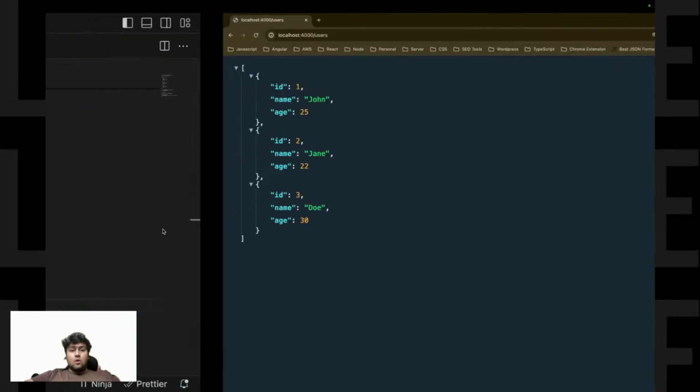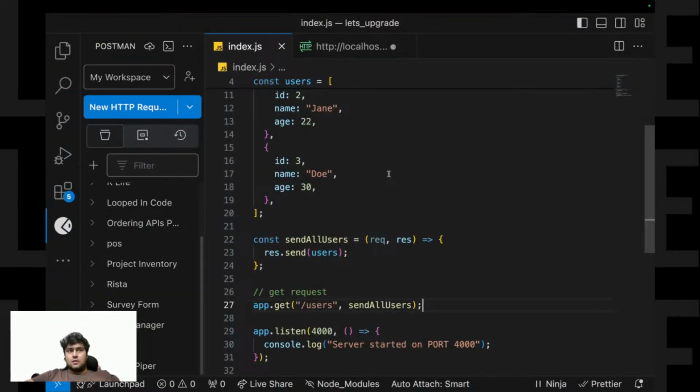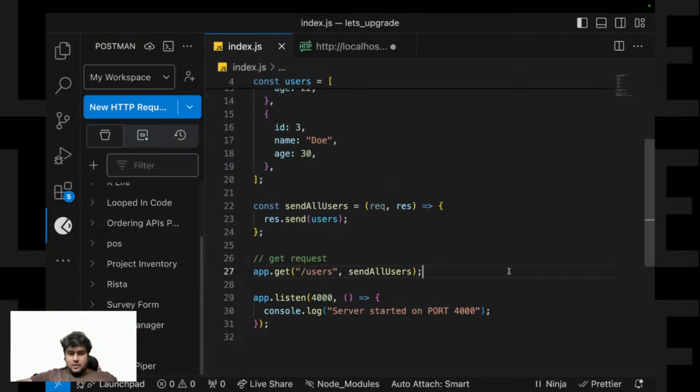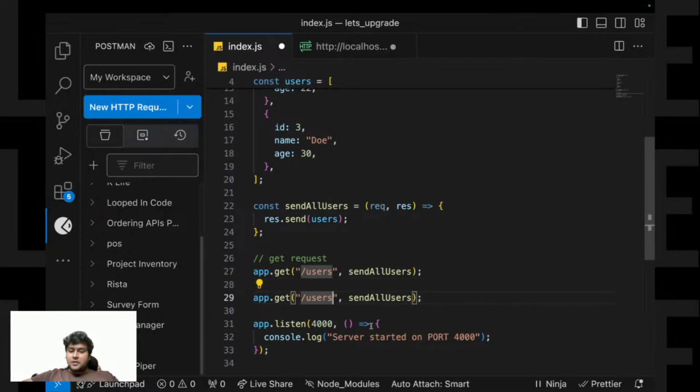Okay, now what if I just want this specific user? How do I do that? One way of achieving this is using the query parameters. Okay, so how does that work? I'll create another instance which is send user, and after that I'll just send the ID.